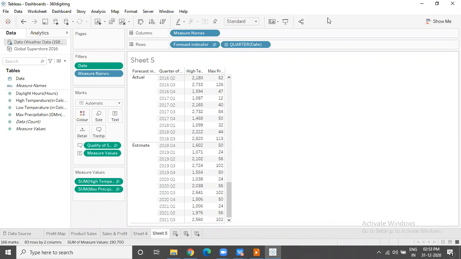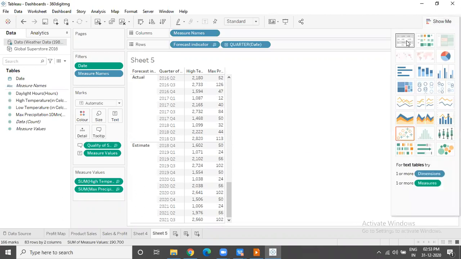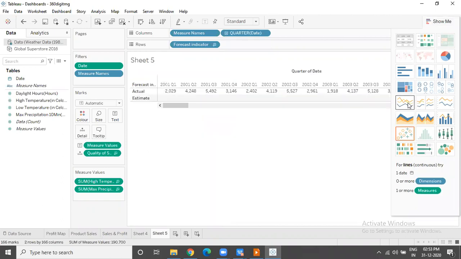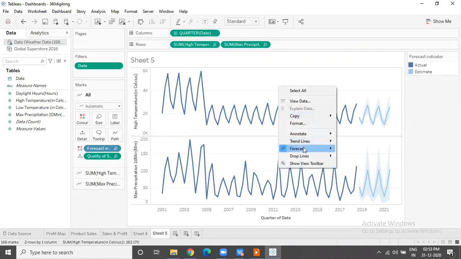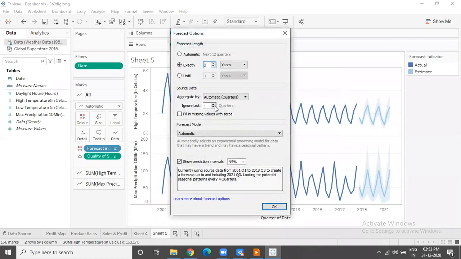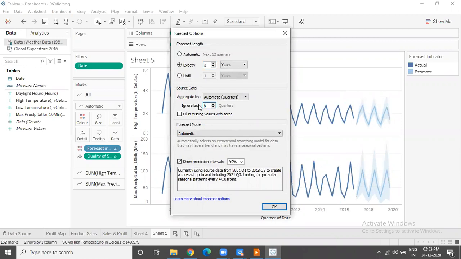Now, there is one feature that Tableau gives if you want to test. We had this line graph. If you want to test whether what we are getting through the estimate is going to be close enough to reality, under the forecast option, we can ignore a few data points for which we actually have the data. Suppose I ignore the last 8 quarters of data.